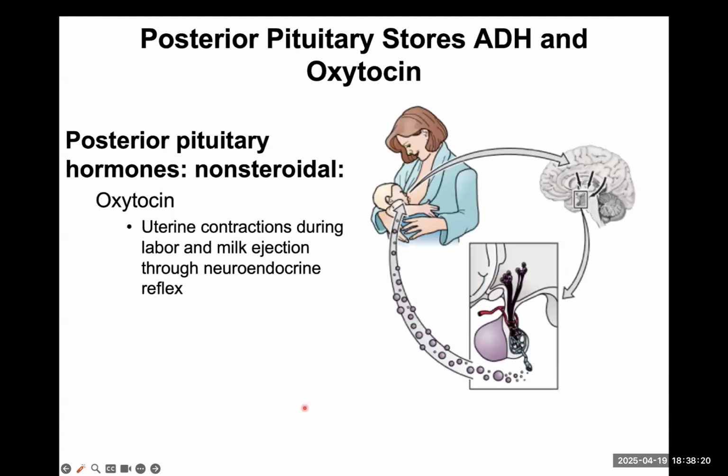So we're still talking about hormones, and we're talking about the hypothalamus producing ADH and oxytocin. Oxytocin goes to the posterior pituitary, where it gets stored and released. Oxytocin has multiple effects on your body, and one of them is that it triggers uterine contractions during labor. When your body's ready and it's the right time, the posterior pituitary will secrete oxytocin. It'll go into the uterus and cause the muscle layer of the uterus to contract, and that's what causes progress.